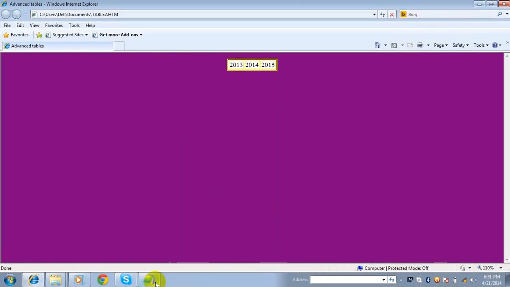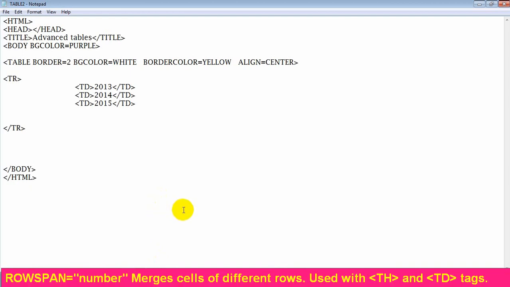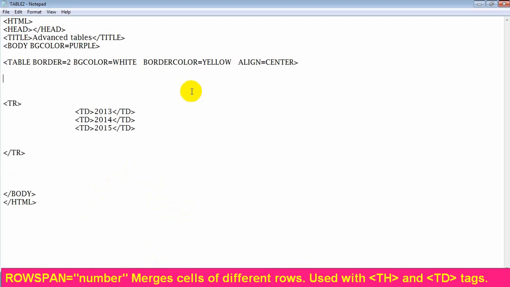Let's design this table more. Go to text editor again. Now here we want to span rows. The rowspan attribute is used to merge cells of different rows. Use the tr tag.